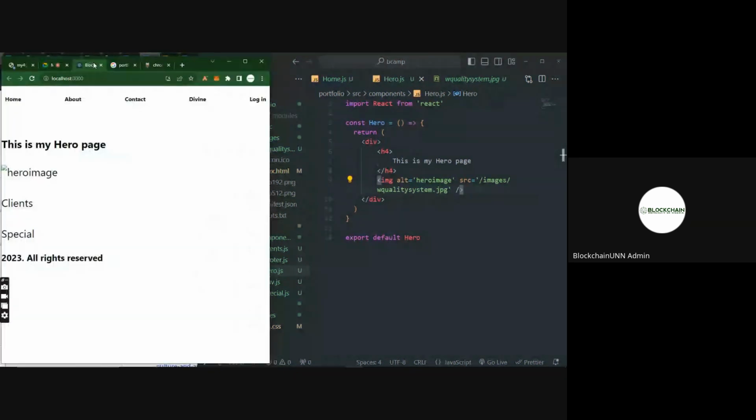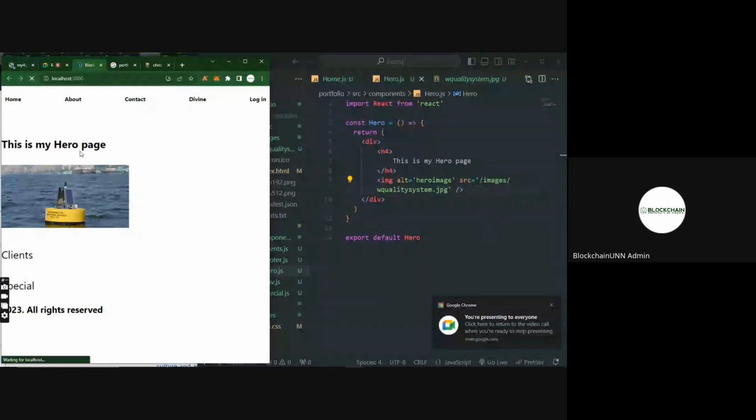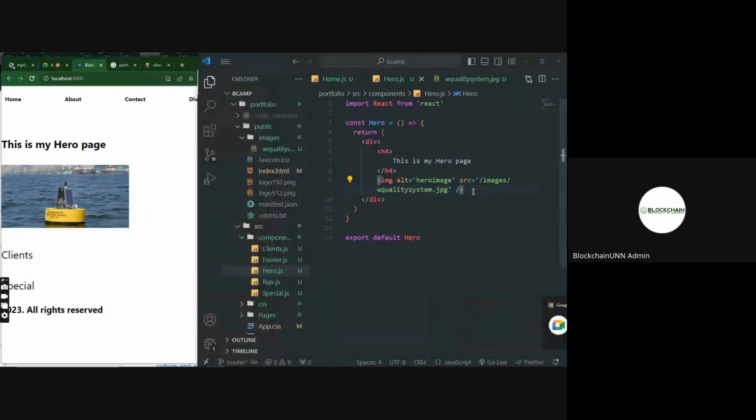So now if I come here and I refresh, you can see the image, right? That's basically the question so many people ask the most, about when I'm trying to import,